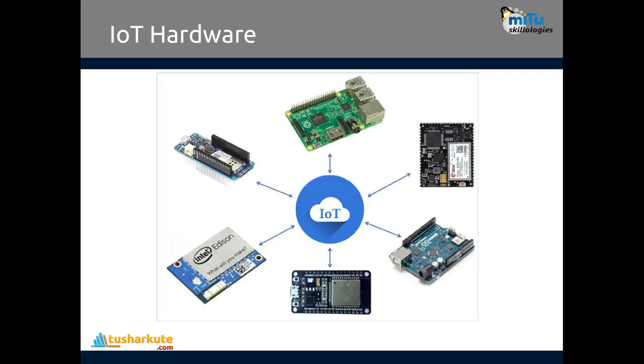Many such boards are available that we can use as an IoT hub, and with the help of this IoT hub, data can be collected from the sensors and output can be given to the actuators. Then your IoT system can be designed so easily. This is the main part. This is what we call the brain of IoT systems. Without this brain, your IoT systems can't communicate with each other.